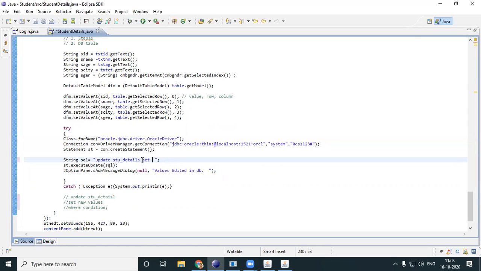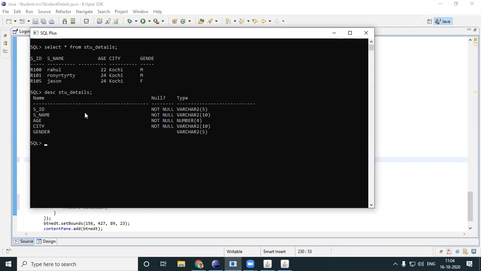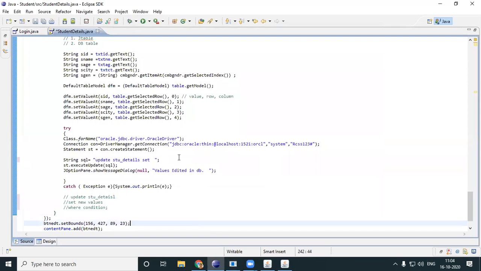So to be on the safer side, we will set new values for everything, so that you can work the whole thing in a single go. So before that, you'll have to get your desc table, desc STU details, so that you get the S underscore ID, S underscore name, age, city, gender. Okay, set, you'll have to remember all that.